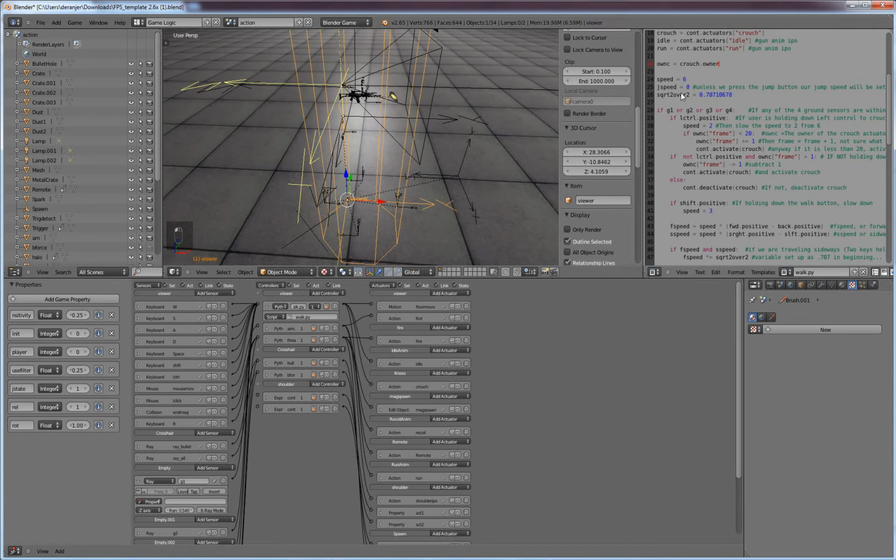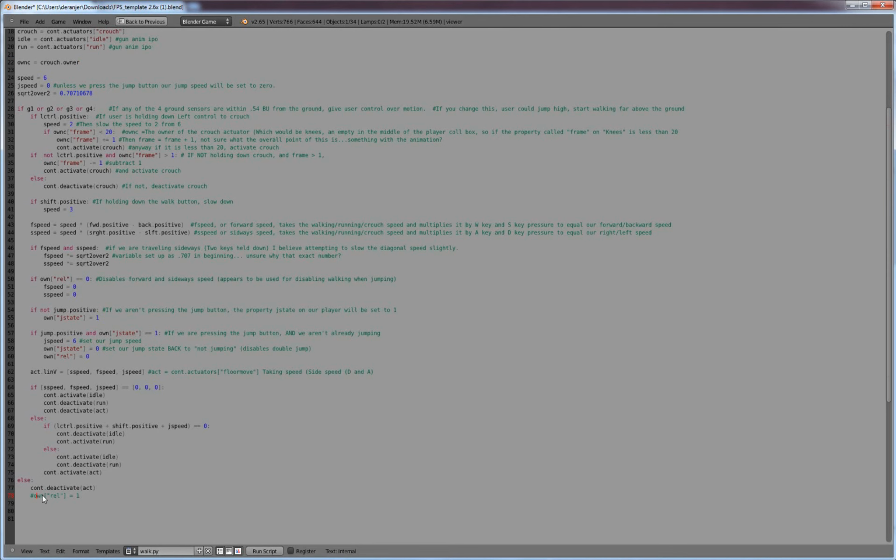So if we go back to our script, as far as I can tell, the ownRel reactivates your ability to move after you leave the ground. Because if you jump in the air and go past this, it's going to go else. So when you spawn, you'll be able to walk around and everything just fine because you'll be able to get into this loop right here. But if you don't, let's say you jump, and that means this will go past the 0.45 view. And once it goes past, it's going to kick us right out of this. Like we'll go in the air, and then it's going to kick us out of this and go back to